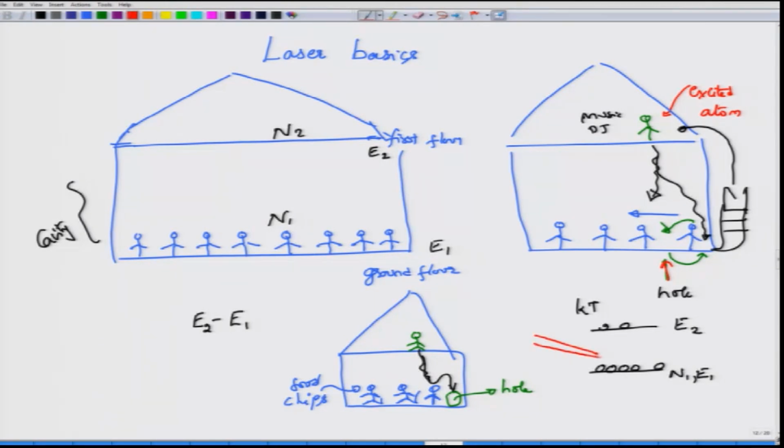So, you send in external energy in whatever form, usually in the form of electrical signals or in the form of another optical signal, causing the electrons in the ground state to excite into the next available energy state. And of course, the excited electrons cannot remain continuously there, they will drop back after a certain characteristic time.